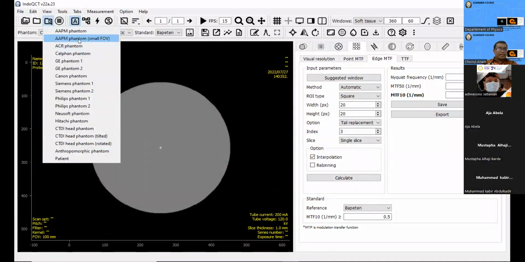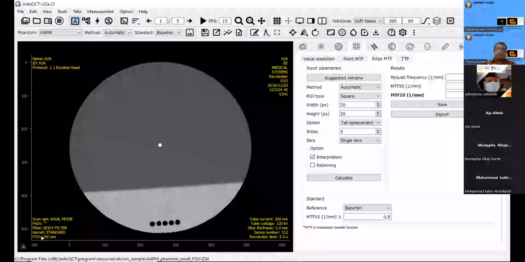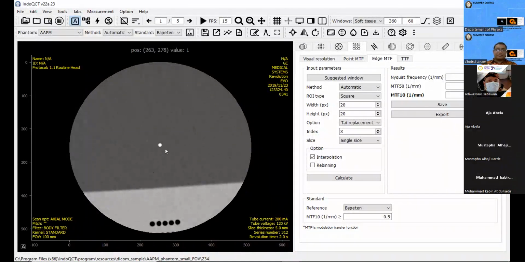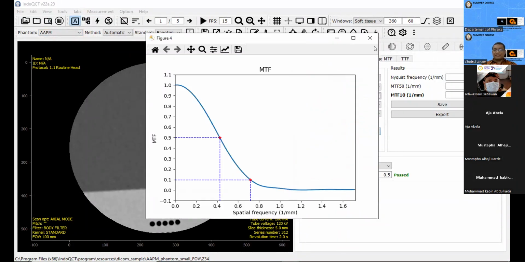This one is an example of a true image with a small field of view. This is only using a 100 millimeter field of view. And if we measure the point MTF, the result is like this.